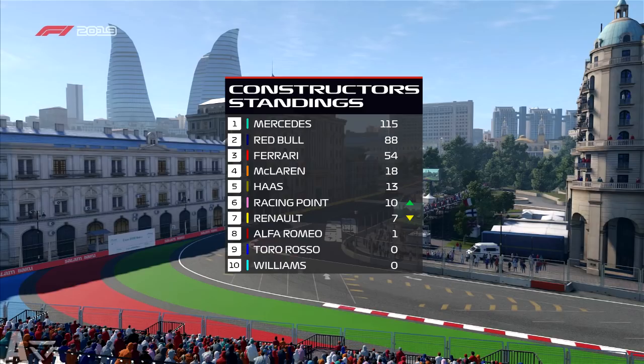On to the constructor standings then. It is of course Mercedes on top, ahead of Red Bull, with Ferrari in third, and then a massive gap down to McLaren in P4. We're nearly 100 points behind Mercedes, and we've had 3 rounds of this championship. Crazy. But then we've got Haas, Racing Point, Renault and Alfa Romeo, with Toro Rosso and Williams yet to get off the mark. But that just about rounds it off for this Grand Prix and this episode of the modded